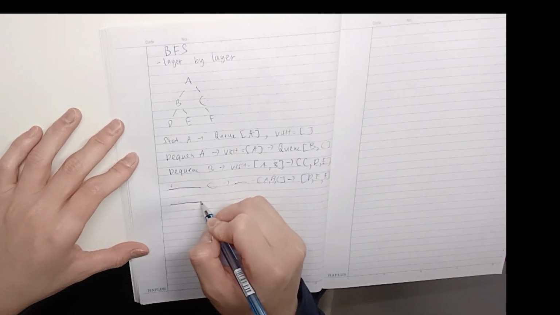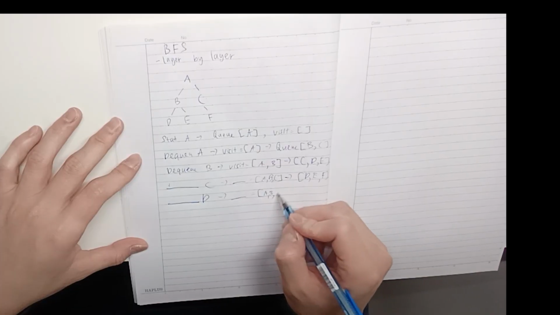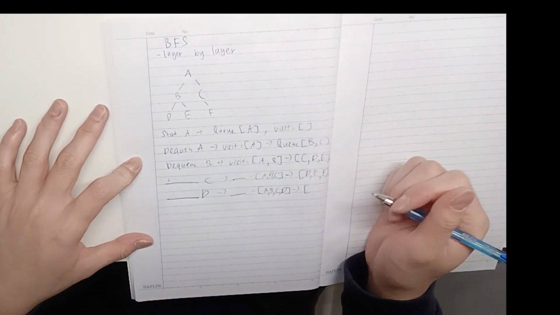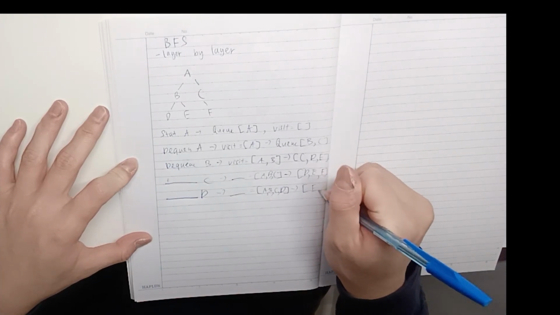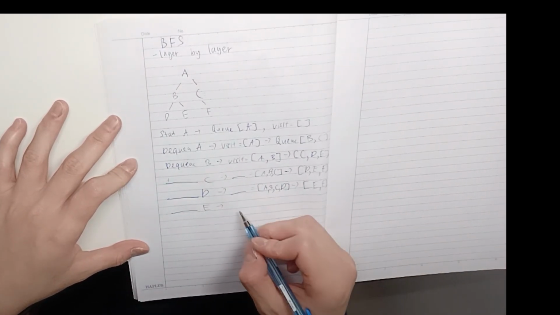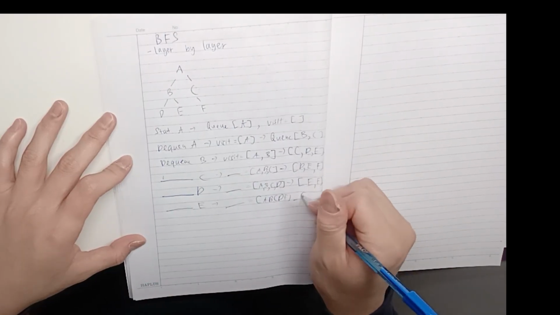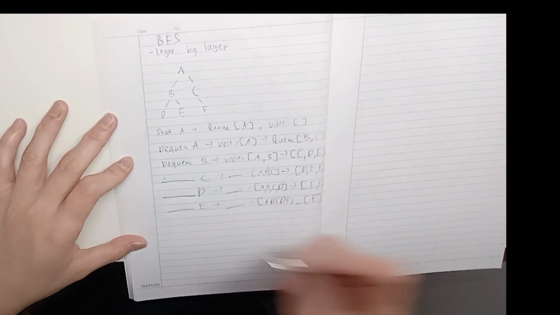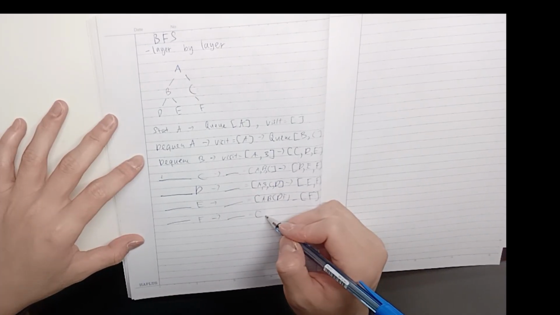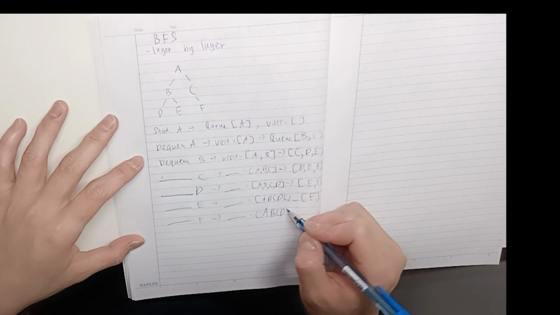Now we will dequeue D, and the visited list will be A, B, C, D, and our queue will be E and F. And now we dequeue E. Then the visited list will now be A, B, C, D, E, and the queue will be F. And now we will dequeue F, and the visited list will be A, B, C, D, E, F,